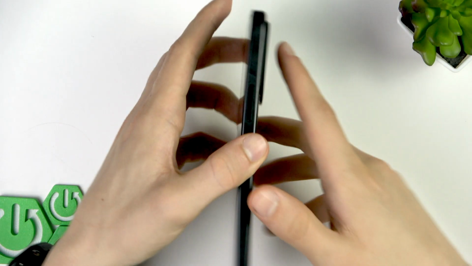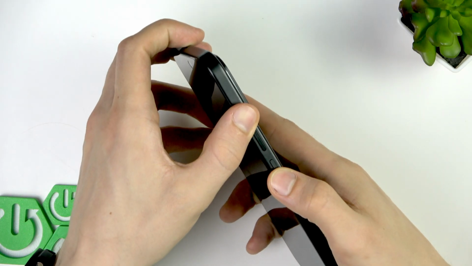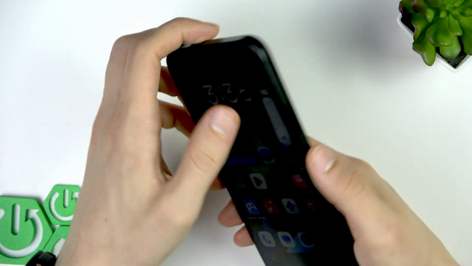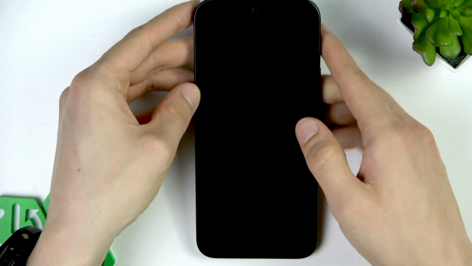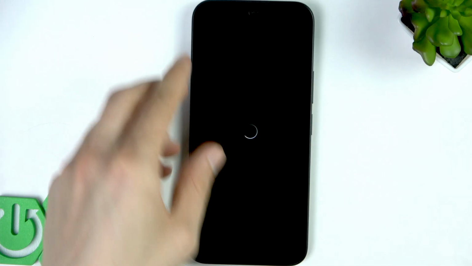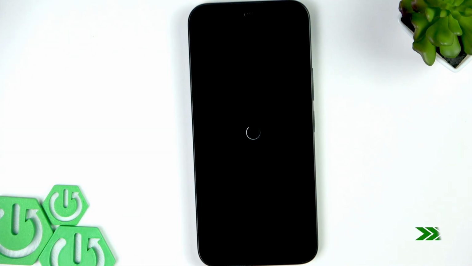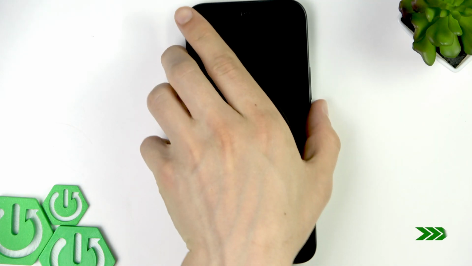So, the easiest solution would be performing a restart of our smartphone. So press power button and volume up key at the same time, swipe the circle down and wait until your device restarts. After that,